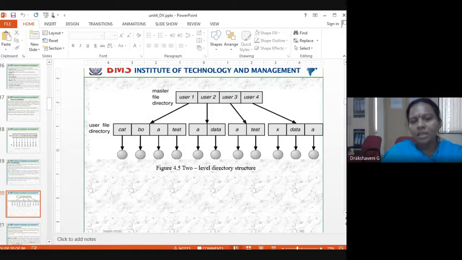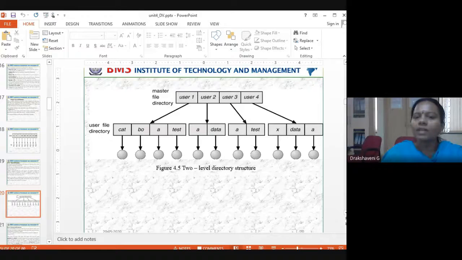That's what you can see in this diagram. So user 1, I'll say, is Ashok. User 2 I'll give to Bhavisha. User 3 myself. User 3, one more person. What user 1 is doing, what Ashok is doing, is keeping all his programs in his own directory. And Bhavisha will keep all her files in her own directory. That's what you were doing in a DBMS lab. Same way, that is what is called a two-level directory structure.